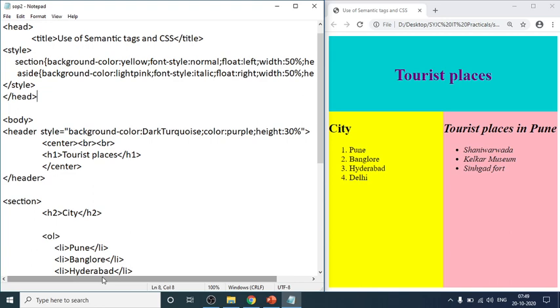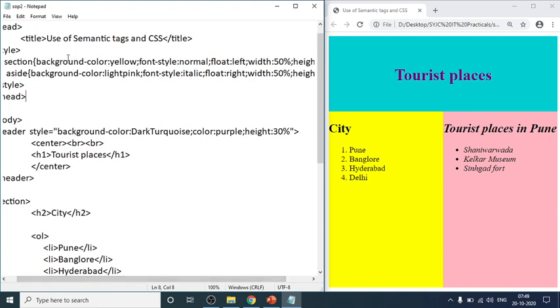Notice that we have used the same properties for section and aside. See here, background color: yellow for the left, light pink for the right. Font style is normal and font style is italic; see here, italic font style is displayed.